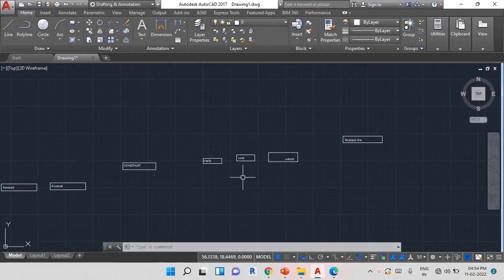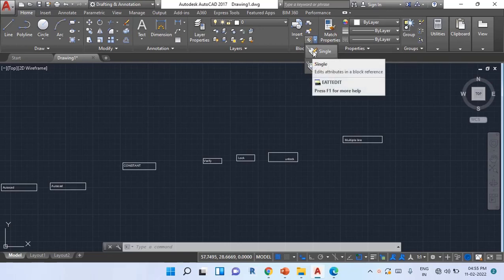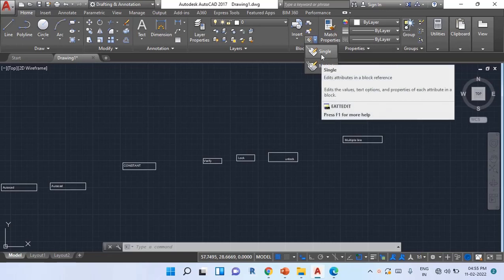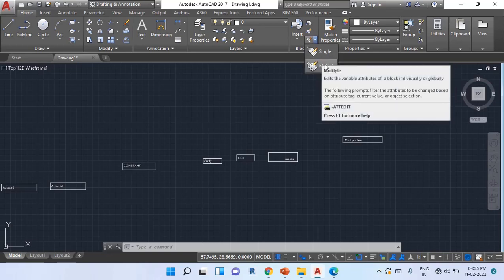Next command is attribute edit. It is used to change attribute information in a block. For edit attribute, go to block panel. Here is the attribute edit command. You can see here are the two methods for edit attribute. First is single and second is multiple. When you want to edit one attribute at a time, you can set here, and when you want to edit multiple attributes at a time, you can set multiple,